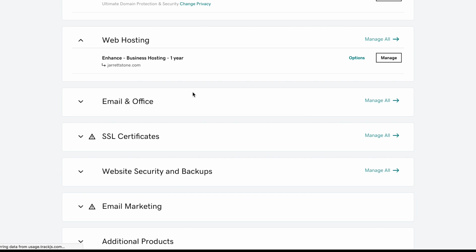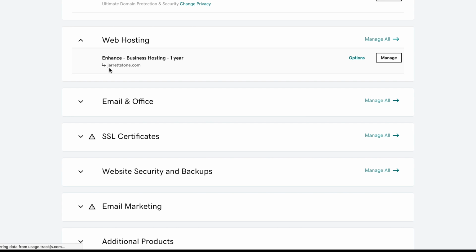And underneath the plan, you can see jarrettstone.com. As we talked about in the last lesson, with business plans, you can have an unlimited amount of domains connected to your hosting. Now with jarrettstone.com, that's my personal brand account that I've neglected and put on the back burner because I've been focusing on the law firm and law venture and haven't really focused on the personal brand quite yet. But because that is the personal brand, I made that let's say the big umbrella domain, and all of my other domains that I own are under that umbrella.